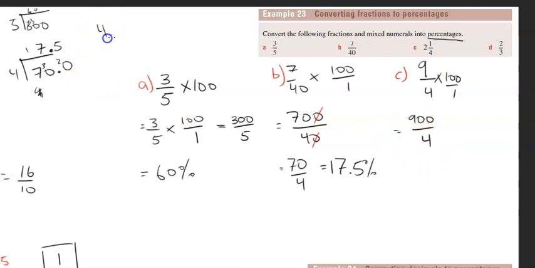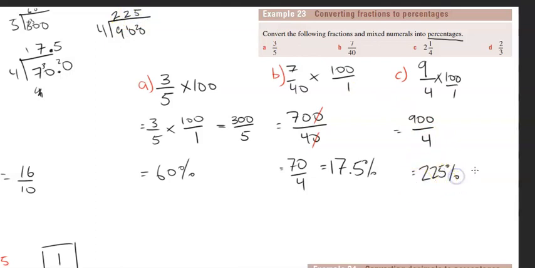And we're going to see how many 4s go into 900. 4 into 9 is 2, so 4 times 2 is 8 with 1 remainder. 4 into 10 is 2, 4 times 2 is 8, with 2 remainder. And 4 into 20 is 5. So this as a percentage is